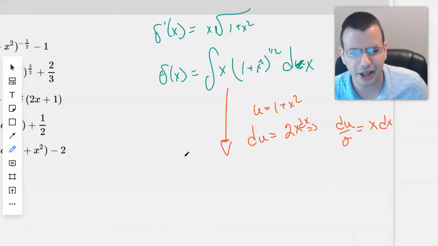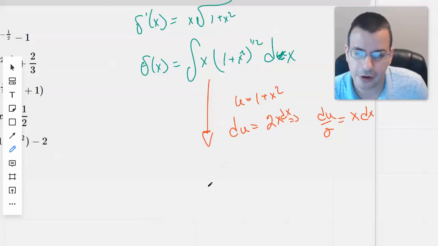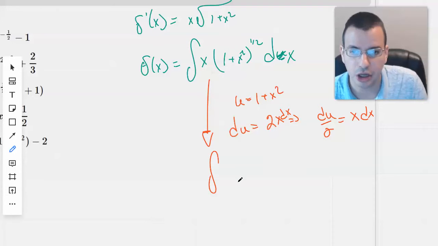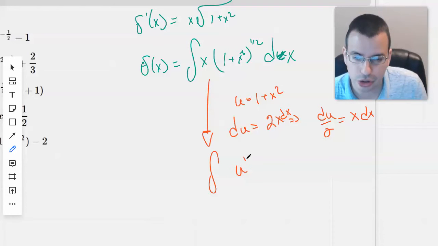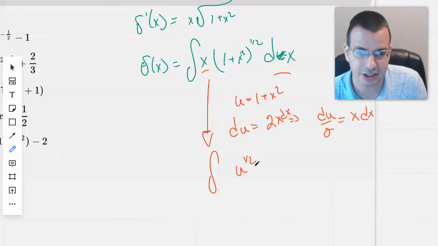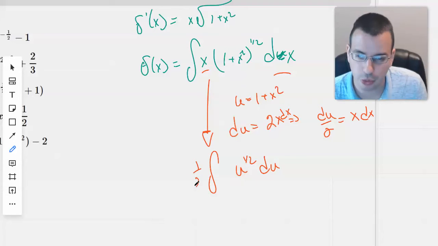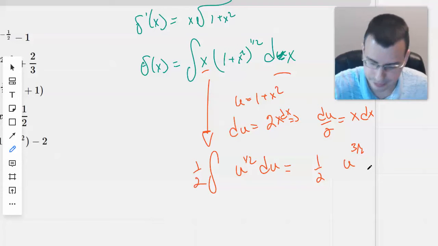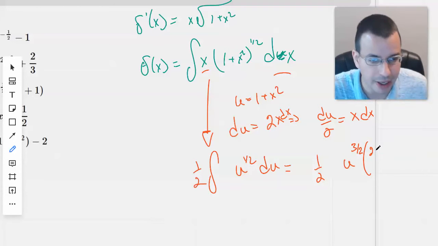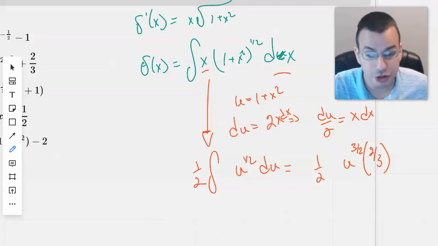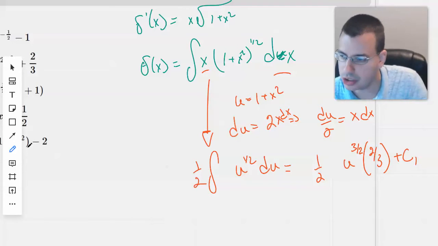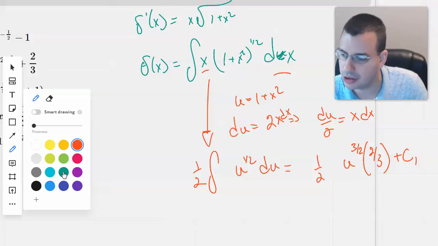Rewrite this. I'll stick with orange just a little bit longer. Integral of u to the 1/2, and then we have an x dx, so we have du, and then I'll move the 1/2 out here. So then we have 1/2 u to the 3 halves, and we multiply by 2/3, multiply by the reciprocal, plus c. Now I'm going to call this c1